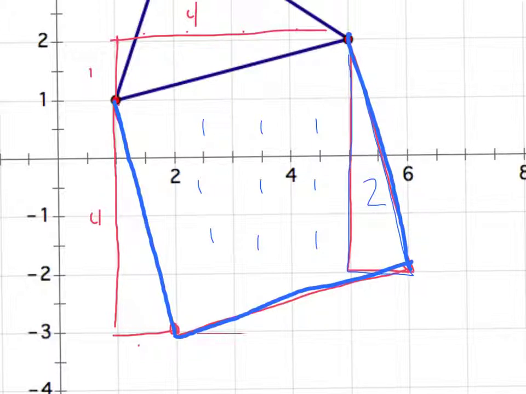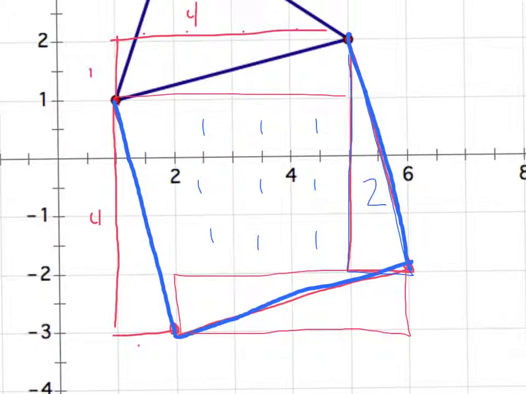Now, interestingly, I have that same slope triangle. I guess I should have drawn that. Here and here. Regardless, it's that same slope triangle, right? This is 1, 2, 3, 4, and it's the inside half, so that's going to be 2 there. 1, 2, 3, 4. Inside half of that is going to be 2. And lastly, 1, 2, 3, 4. Inside half of that is going to be 2. So that gives me